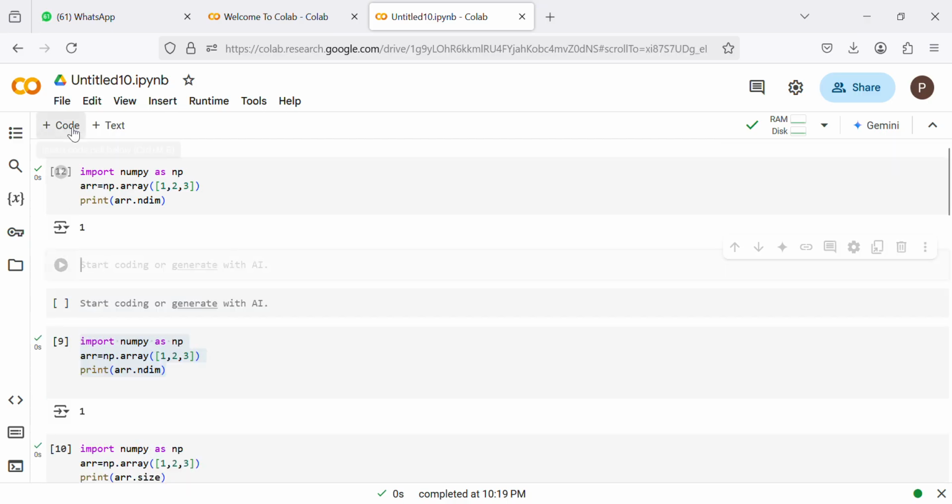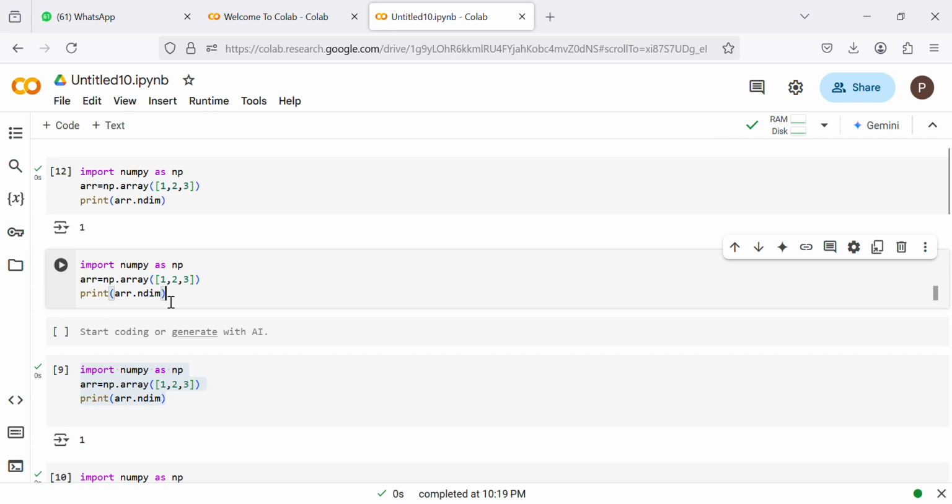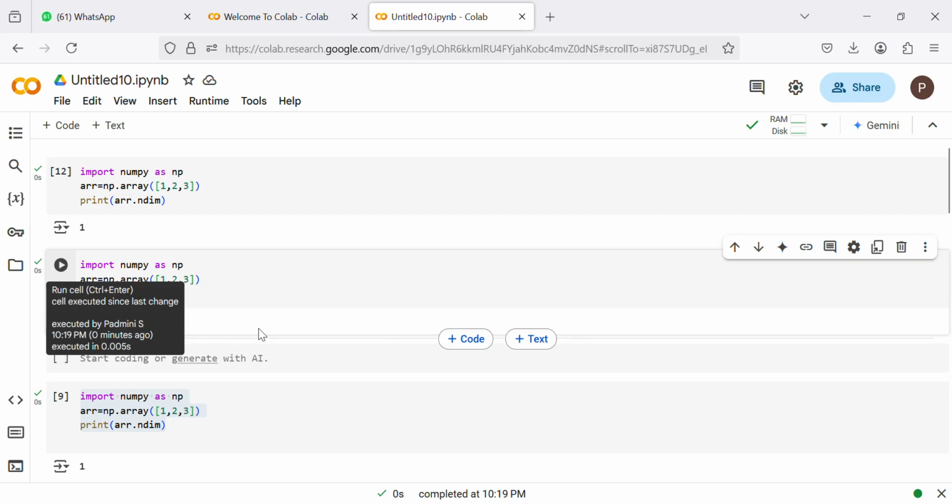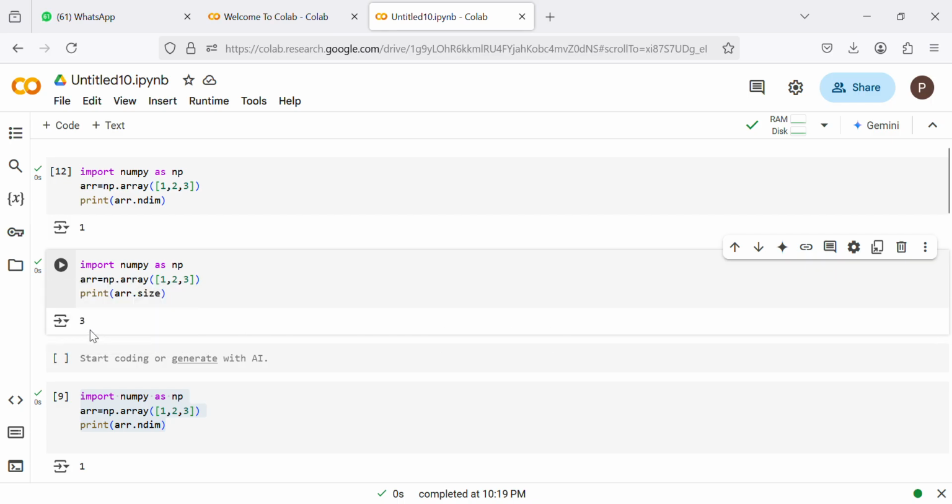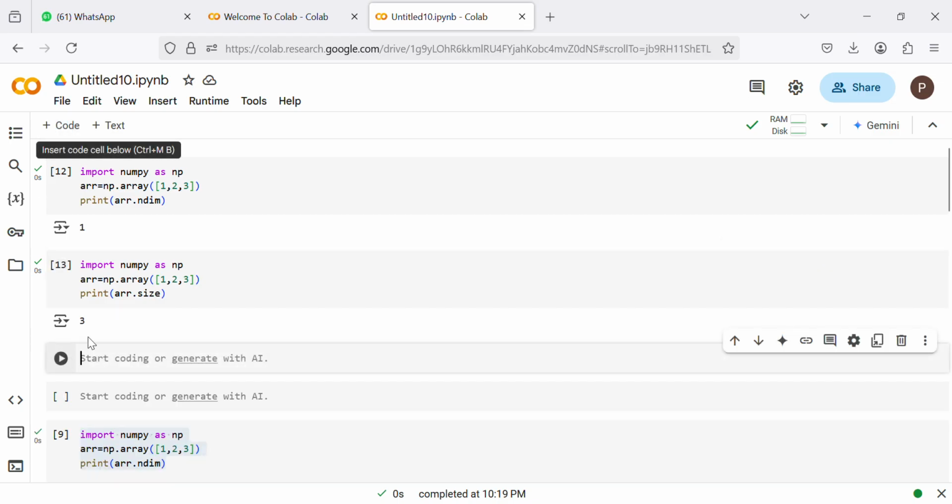Now I'm just pressing plus code and copying the same command, and the next thing is I'm going to find out the size of the array. So array.size. So when I run it, I'm getting the size as 3. So now the same command, I just copy it